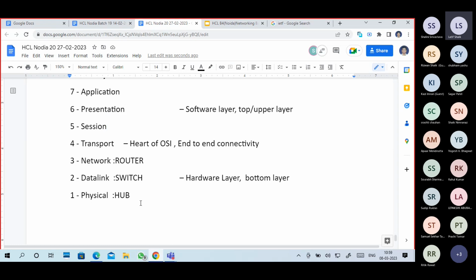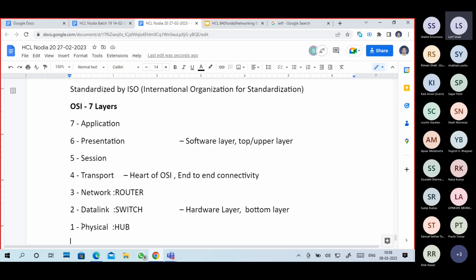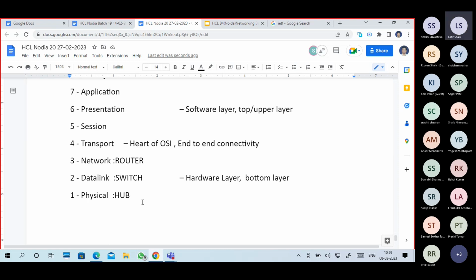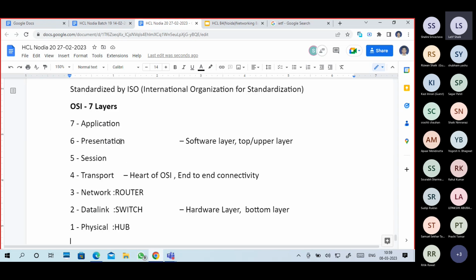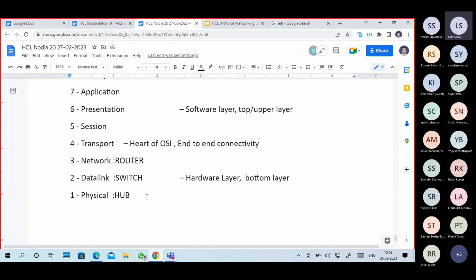Okay, if you go through certain textbooks or certain websites, they will write from layer 1 to layer 7. So certain textbooks go from 7 to 1, some are from 1 to 7. Which one is correct? Guys, both are correct, don't worry. For example, in your college days, or maybe you learned from someone, and they said physical layer, data link layer, network layer, transport layer, session layer, presentation layer, application layer. This is the correct one. I am telling, application layer, presentation layer, session layer, transport, network, data link layer, and physical layer.